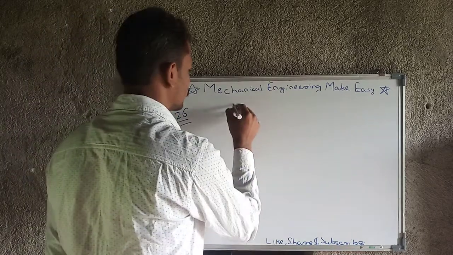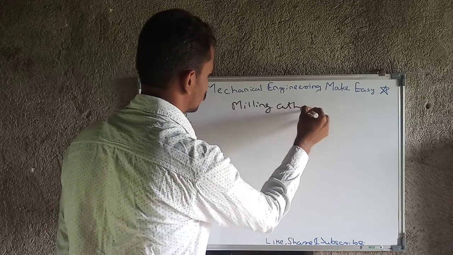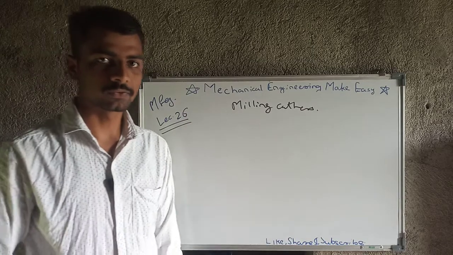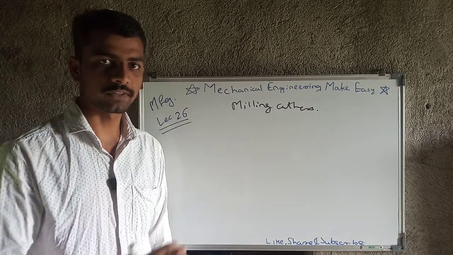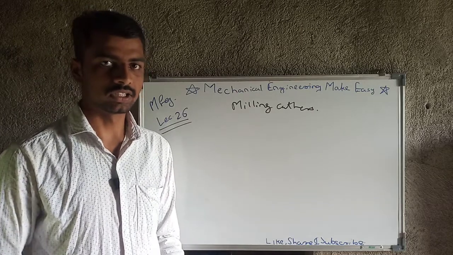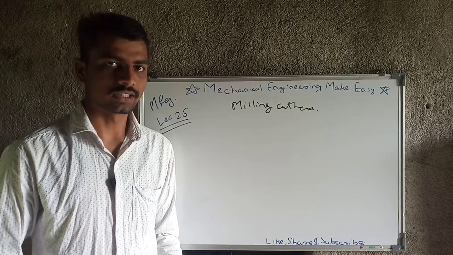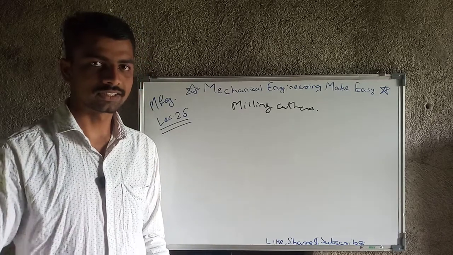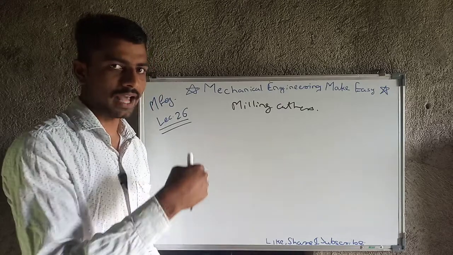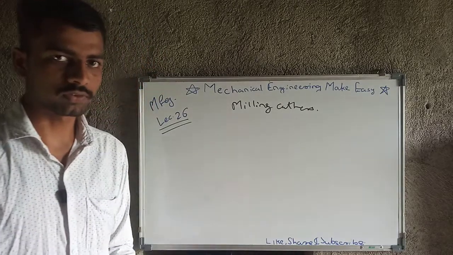Now we are moving towards milling cutters. There are different types of milling cutters for their proper or specific functioning. Depending on the functioning, the types of cutter are there, and the shape of tool or shape of teeth, then where the teeth are there, whether all teeth are parallel to the axis or perpendicular to the axis. Likewise there are a number of classifications.